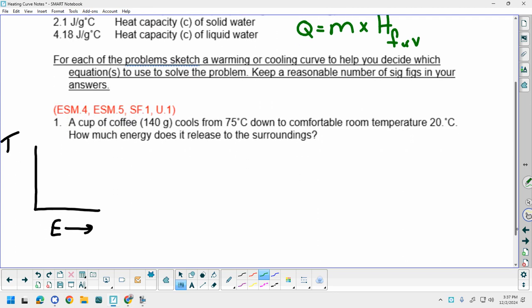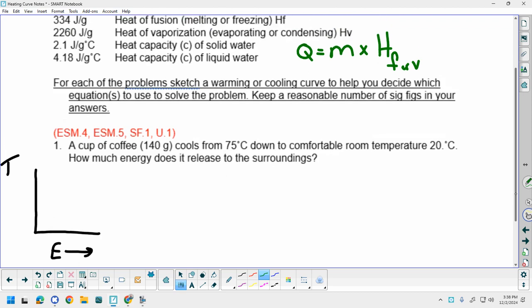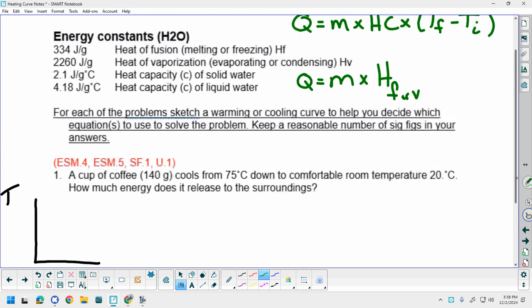So here we go. For each of the problems, sketch a warming or cooling curve to help you decide which equations to use to solve the problem. Keep a reasonable number of sig figs in your answers. So at the top of your paper here, you'll see that we have all of the constants that we've been talking about. The heat of fusion for water. So the amount of energy it takes to either melt or freeze water is